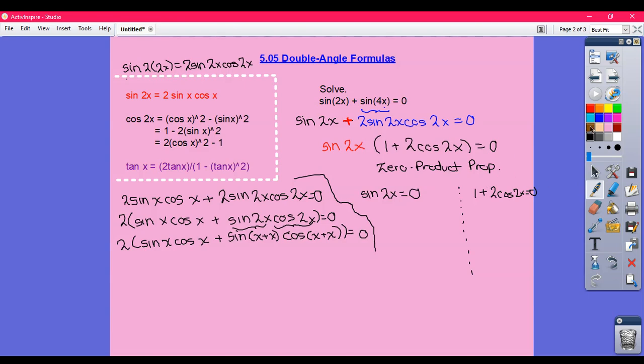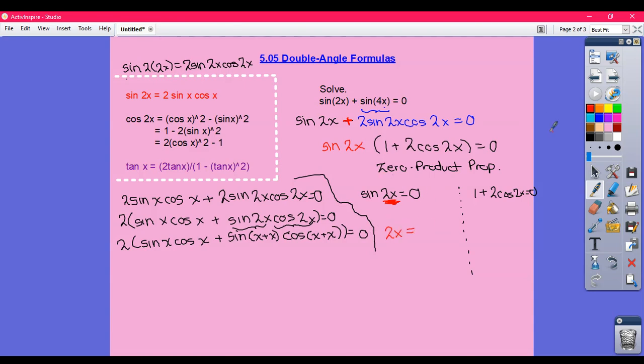Okay, so you cannot get rid of this 2 for the sine of 2x. This is an angle. If the 2 was in front of the sine, that's a different story. But this is an angle. You can't get rid of it by dividing it out. So in order to actually solve for 2x,